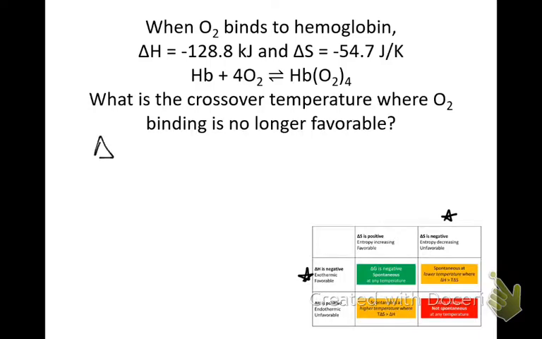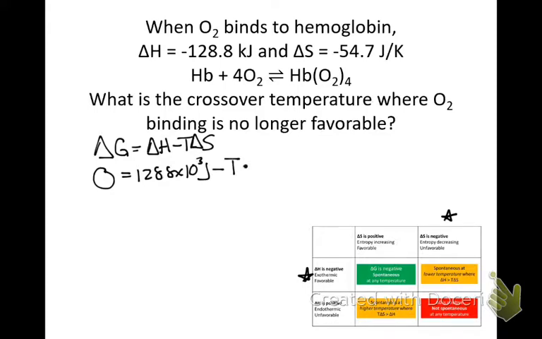We can calculate that temperature by setting delta G equals 0, and then putting in our other values, so delta H, and once again, I'm going to convert to joules just because I like that better, but you can do it the other way. We're solving for T, and then delta S is negative 54.7 joules per Kelvin. Okay, if we rearrange that, so we're going to move delta H to the other side and solve for T, we get,